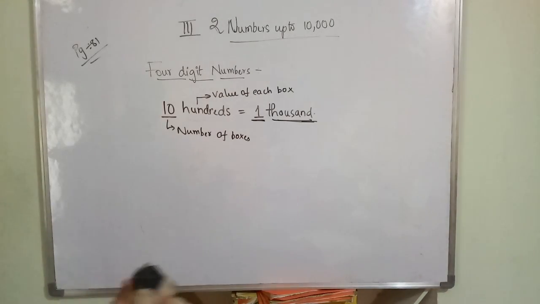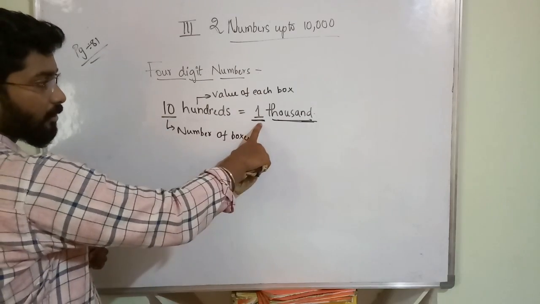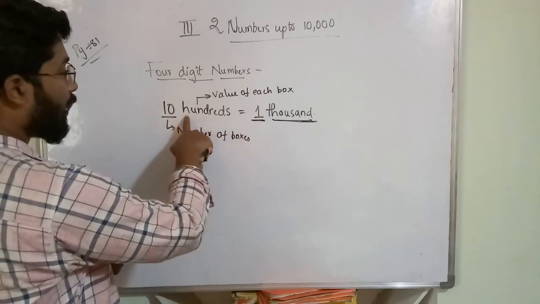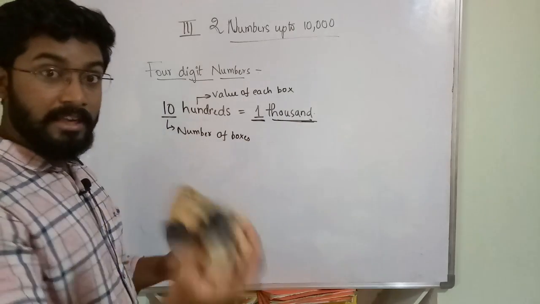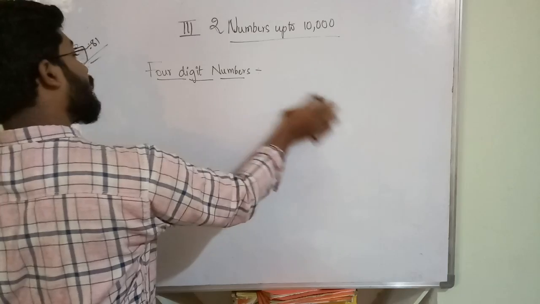So like this you have to understand. This represents the number of boxes. This also represents the number of boxes. Hundreds and thousands represent the value of that box, okay? You have to clearly remember that